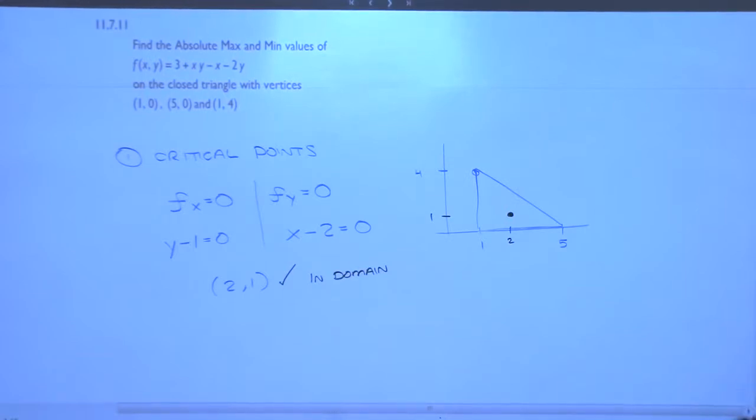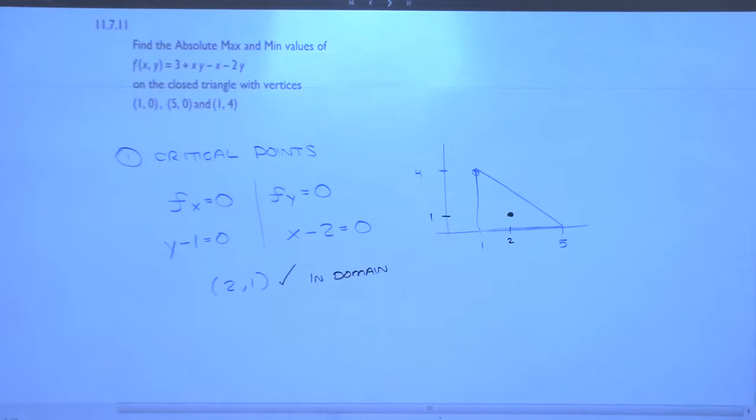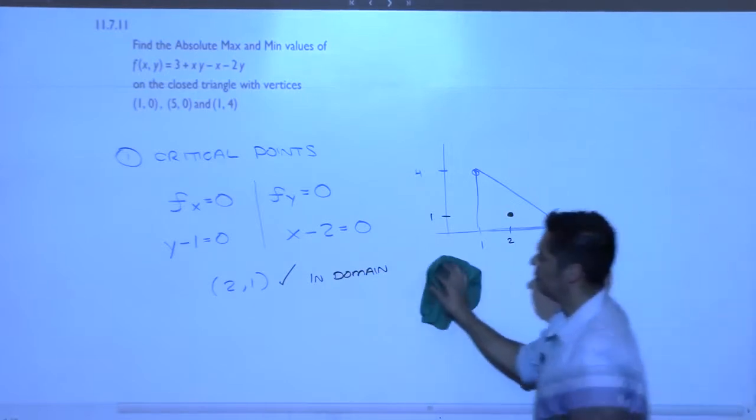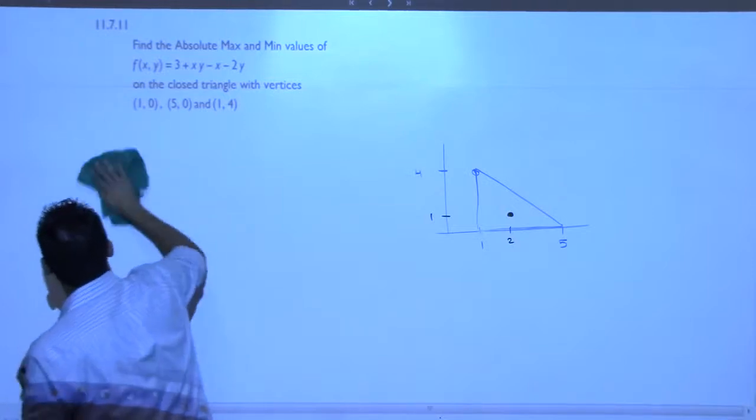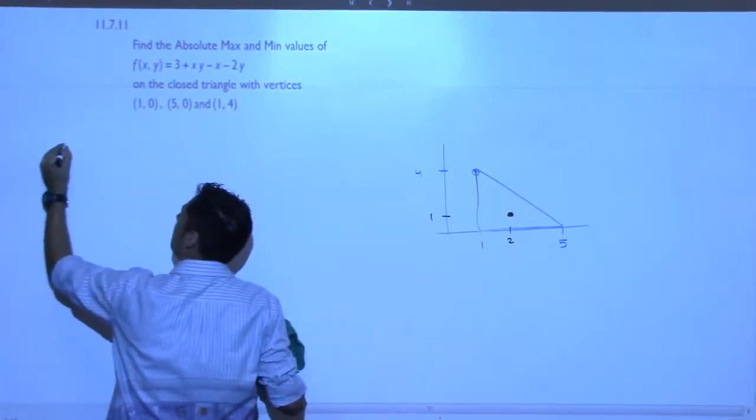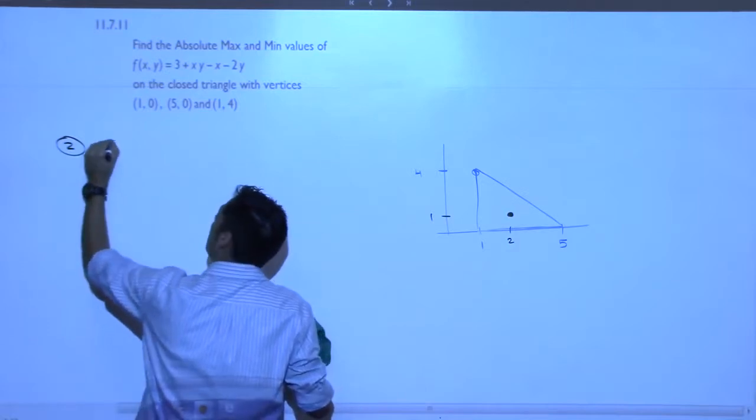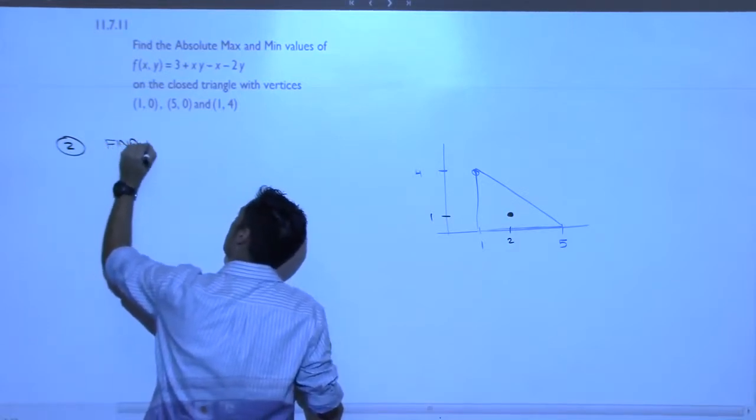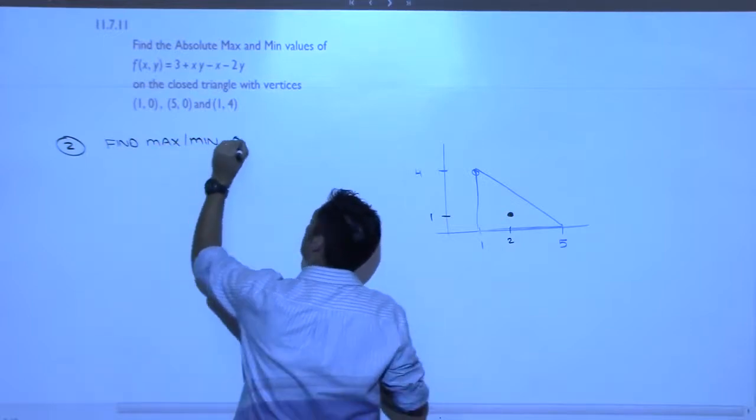Now, the second step, which is the new part, which is what today is about, is trying to figure out what's happening around the boundary. Y'all ready for this? Step 2, find max, min on